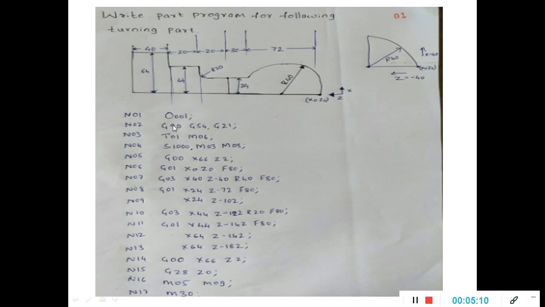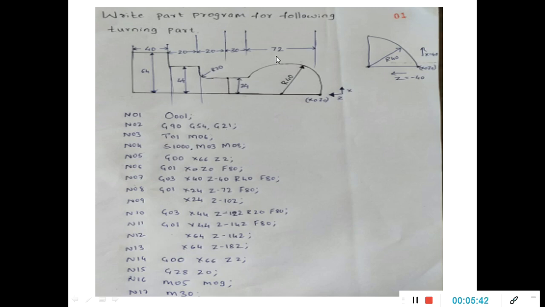Whatever coordinates we are taking, all the coordinates are with respect to the origin, that is x0, z0. If you take the coordinates for this point, you should refer to the origin. With reference to the origin only, you have to mention the coordinates for this particular point, which is what G90 means. With G54, the tool is somewhere else here, and it should move very fast towards the workpiece, near to the workpiece. That is the positioning of the tool in the G54 work offset.